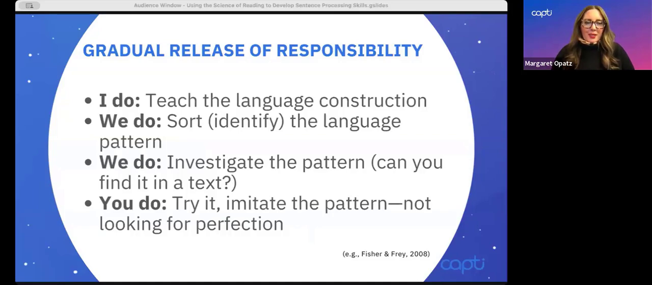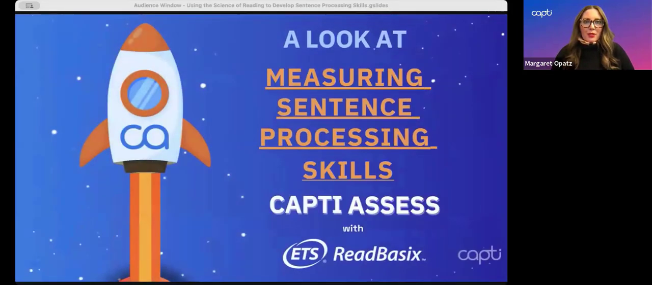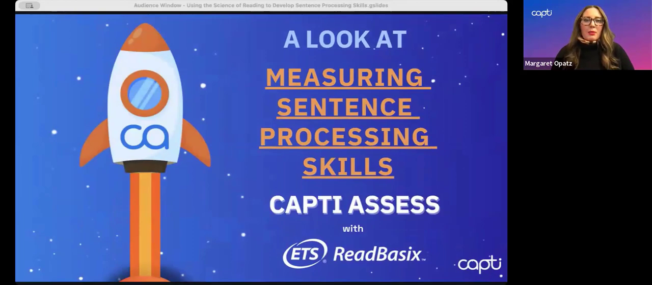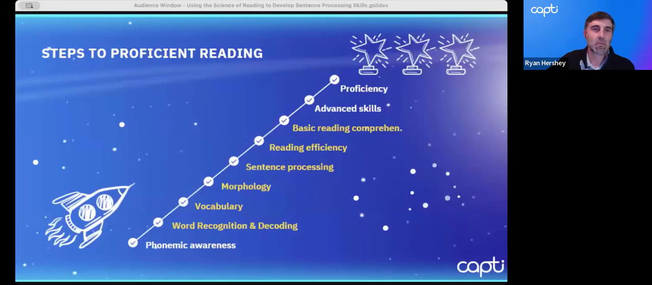Okay, so now I'm going to pass the time over to Ryan, who's going to talk a little bit about how we can actually measure sentence processing skills. Yeah, thanks, Margaret. As she emphasized, and you can go to the next screen, the sentence processing skill is heavily associated with the language comprehension strands, specifically language structures. So I'm going to show you what a sentence processing assessment looks like,